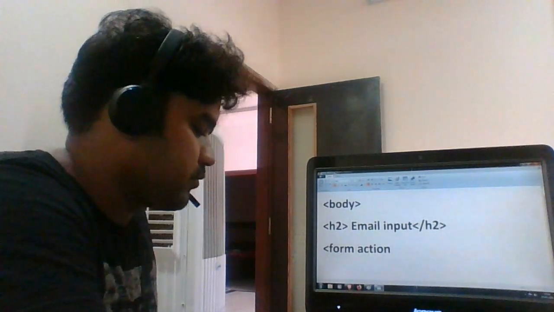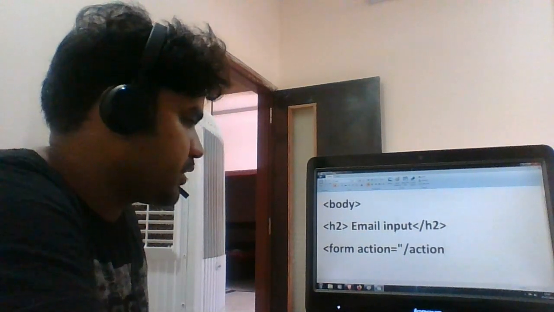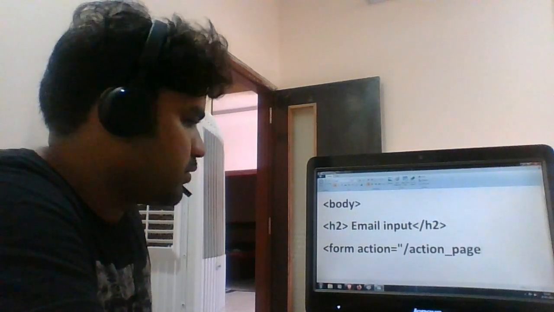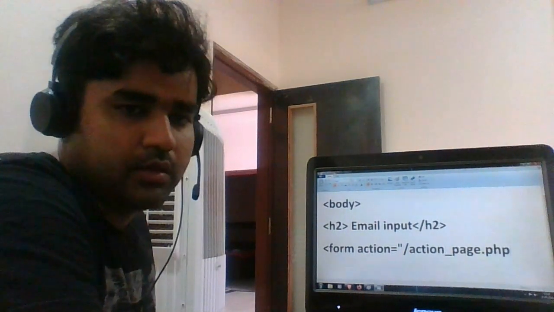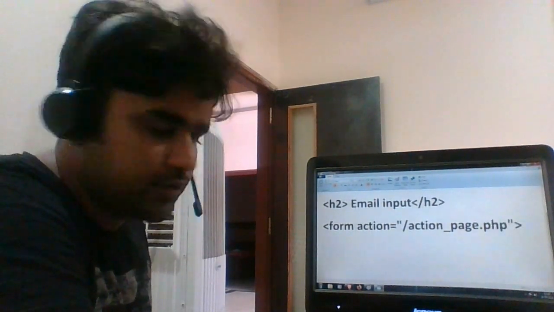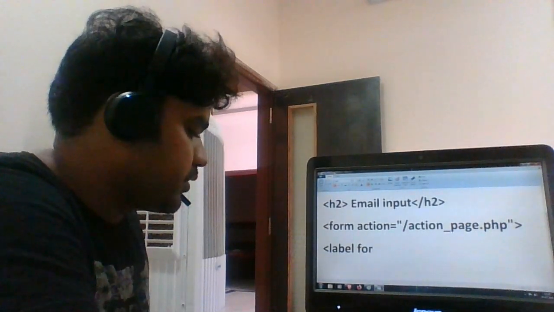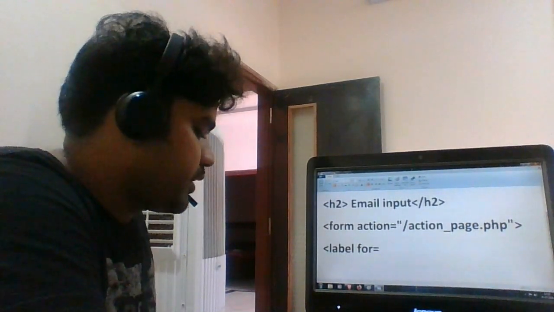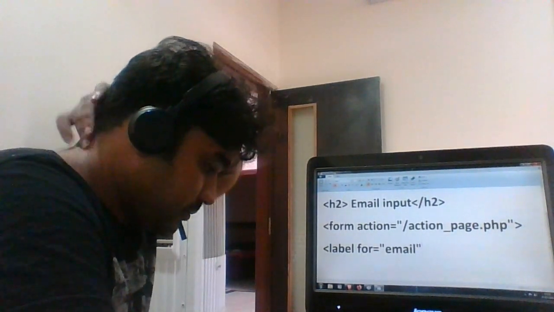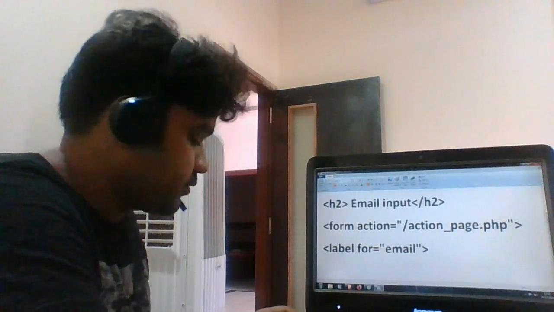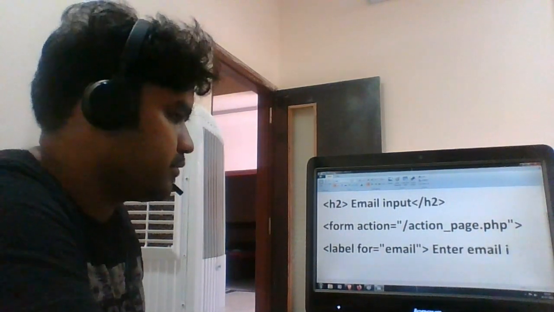So this is the action page. Obviously this would take in the input and give the output, but this is something that does the backend processing, which we'll do later on. But we can continue with the email input, and an email input should have an at the rate sign, then a dot com. So we'll say enter email id,